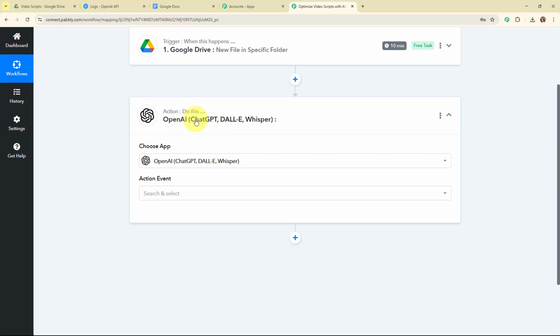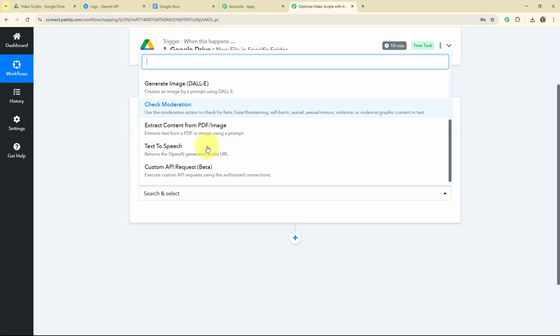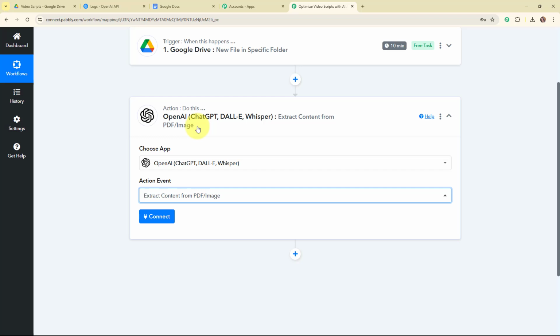So in my OpenAI action step I'm going to select my action event as extract content from PDF or image, so that by selecting this particular action event, it is going to read the video script from the document, that means the PDF, and after that automatically it is going to optimize that script, or you can say that content. So for that I'm going to use this particular action event, and now here to connect my OpenAI with Pabbly